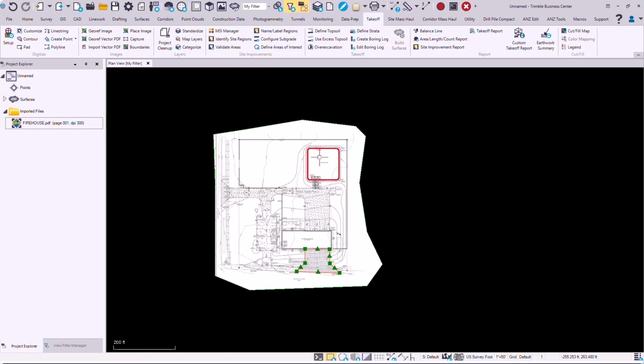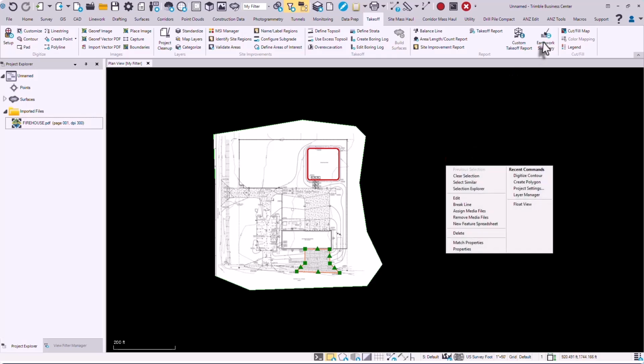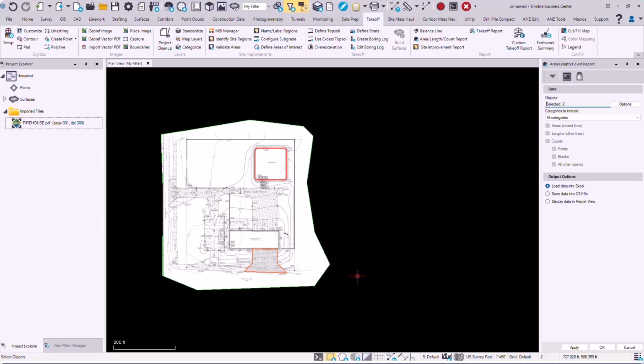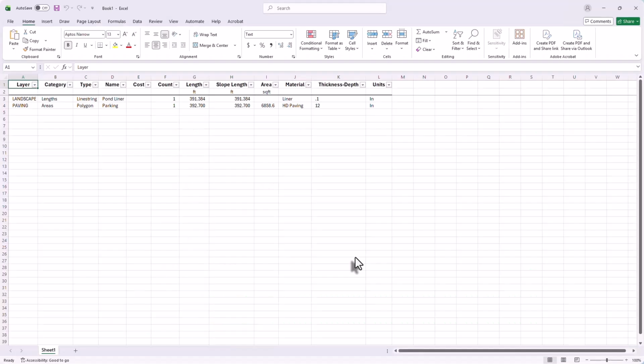So we've gone in and we've named a few areas. We'll finish this up by using our simple area length count report. What would we like to grab? Everything on the screen. We'll send this to Excel and click OK. And this will generate the new length area report, which we've always had, but we've now added the 3 new names, the material, the thickness, and the units, giving us complete control over doing a very simple